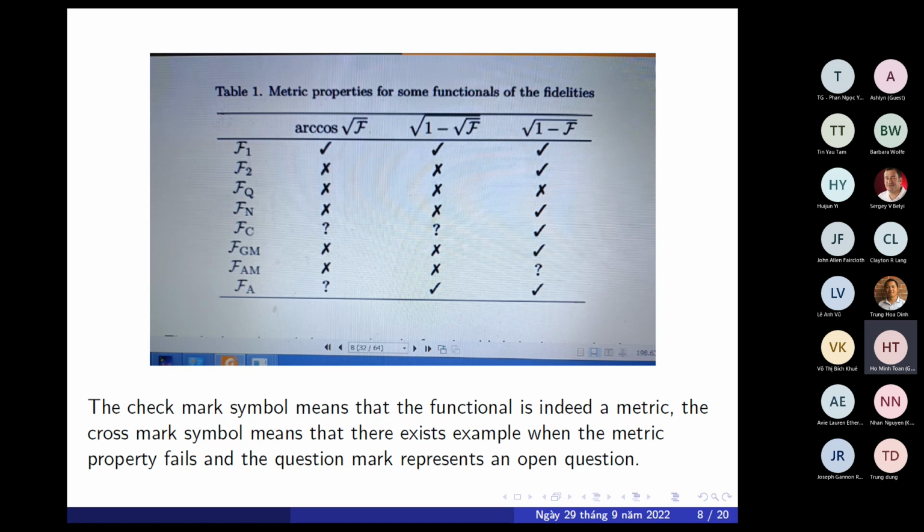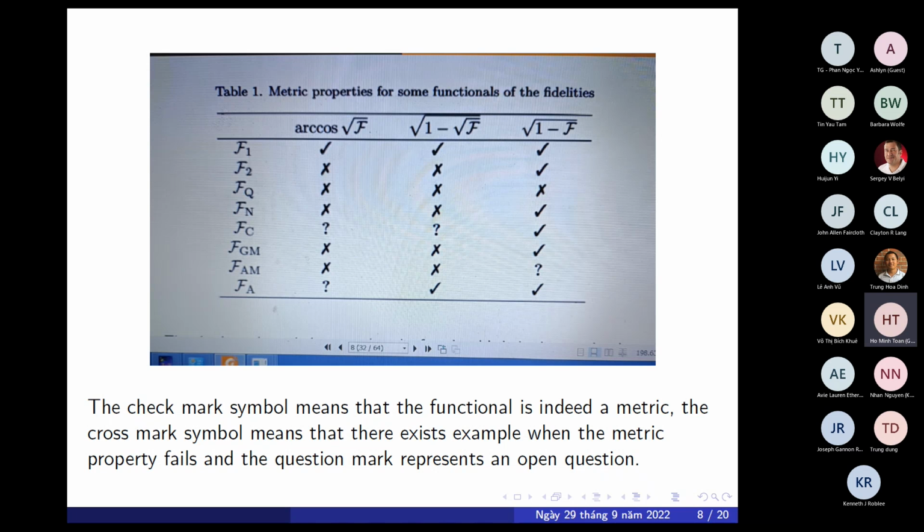They are not a metric at all. For the F_N, the super fidelity, only the modified Bures angle is a metric, and the other two are not. But for F_C, C is just defined by the fidelity, and they add some constant R. They are related inside, and it's still a mystery to me why they